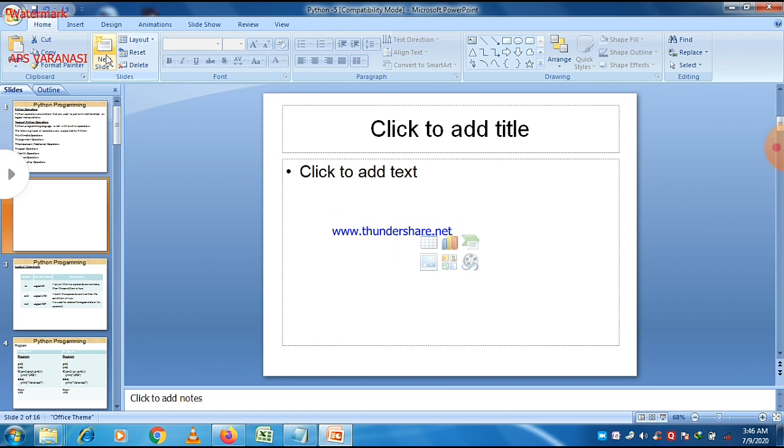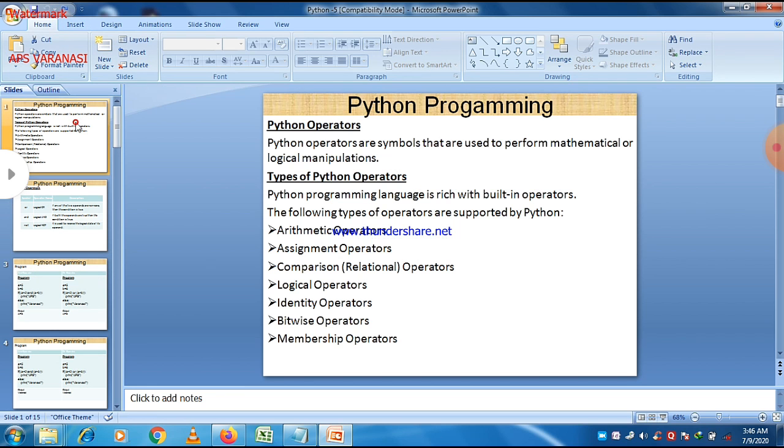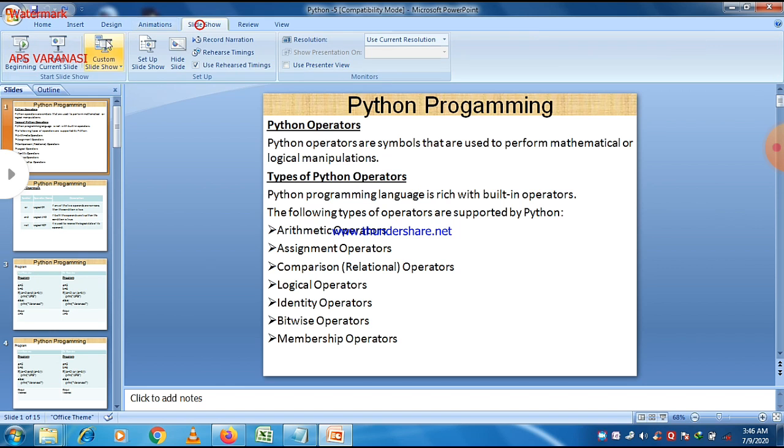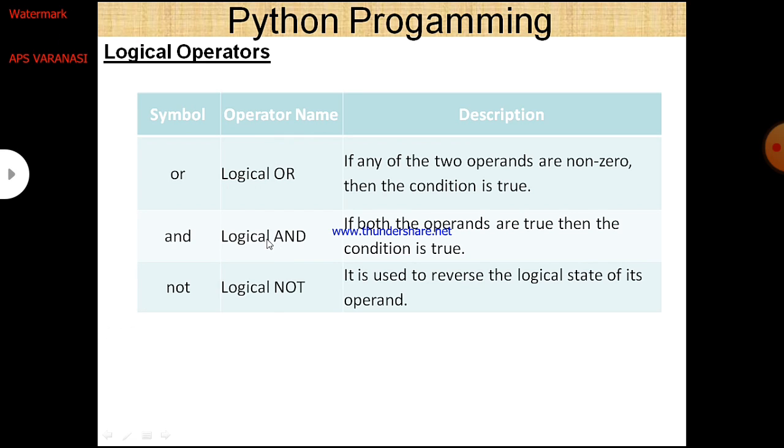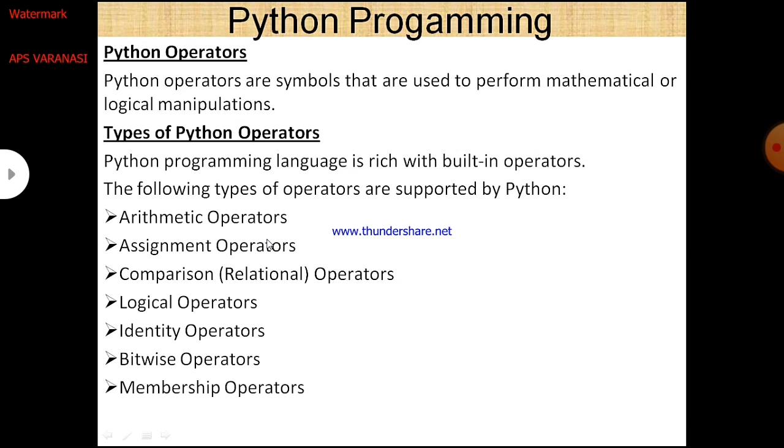This slide was already discussed in our previous lecture. So in this lecture I am just going to tell you how to use different types of operators in a program. Let's start from assignment operators. As the name suggests, assignment basically assigns a value to a variable. That's why it is called the assignment operator, and it works in many different ways. So let us check them one by one.